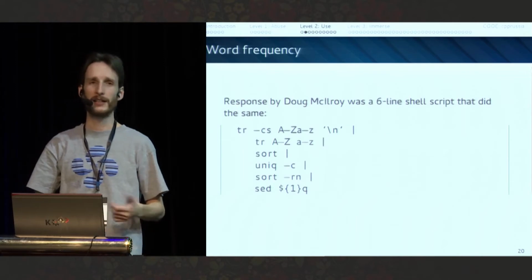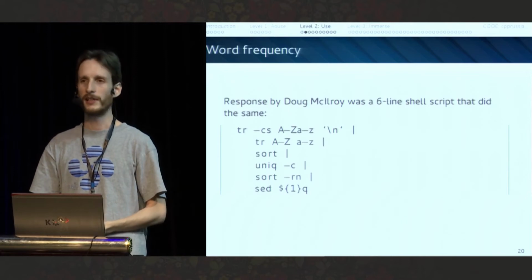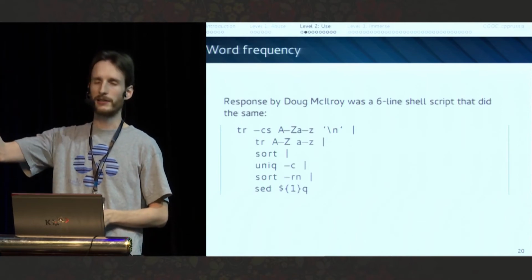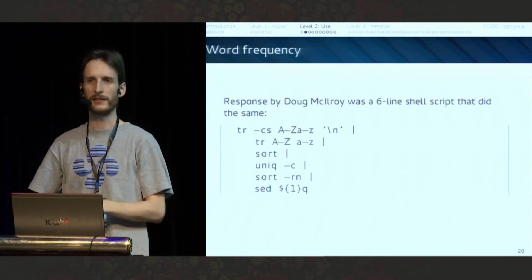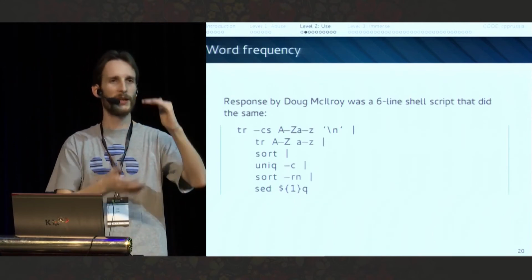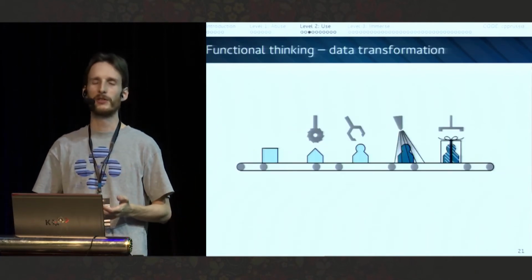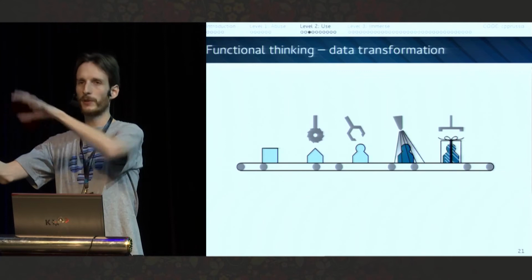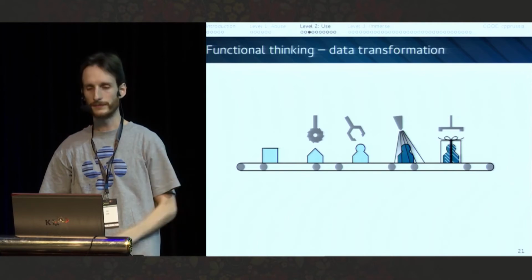You don't need to think about algorithms. You don't need to think about all the steps that you need, all the structures where you need to save your data. You just need, okay, I can split my program into: let's clear the output, remove all the special characters, leave just the letters. Put everything lowercase, then sort them, group them, and everything else. And so functional programming should usually look like this, like a conveyor belt. You have the input, then you have a couple of machines that transform your input until you get the finished product on the right.